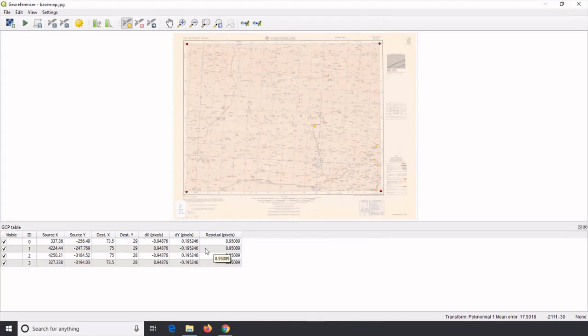The values in these columns indicate the error in georeferencing. The values in dx and dy indicate the error caused in the entered x and y values, and residual indicates the overall error of that point. If you see any single value having higher error than other values, it indicates there is a human error caused